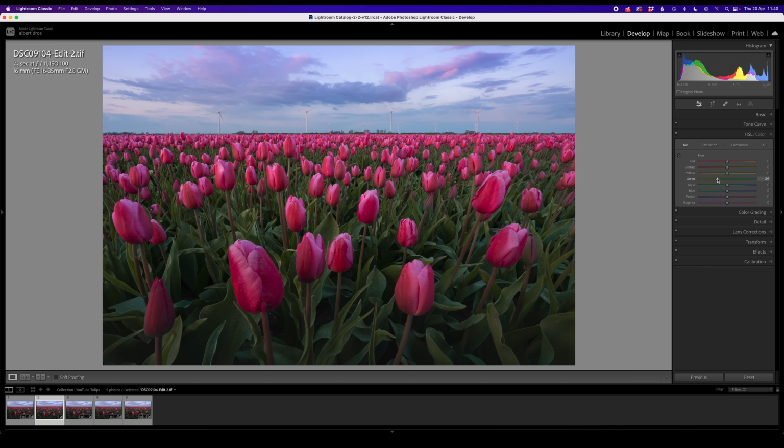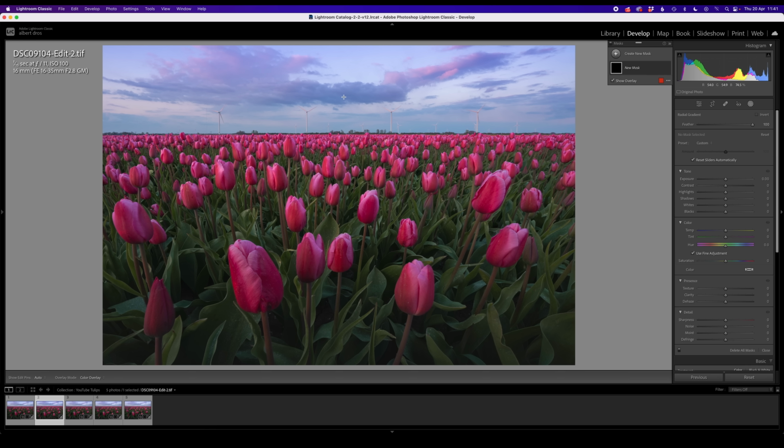Maybe in the tone curve I can pull up the blacks just a tiny bit and add slightly more contrast, only a tiny bit. I don't want to overdo it. And here as well in the sky, again, make a radial gradient in those purples and maybe make them even a little bit more purple. And at the top, maybe a little bit